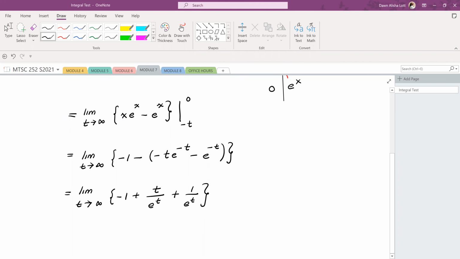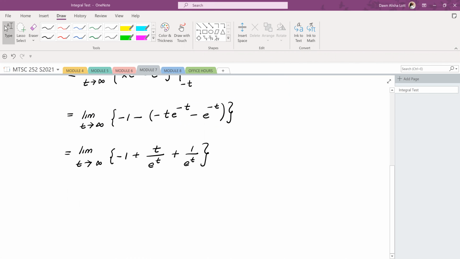Okay, so now I can already see very easily that this limit is just going to be minus 1, so that's okay. And I can easily see that this limit is going to be 0. So the only one I need to figure out is the middle term. And so now that one is the limit as t approaches infinity of t over e to the t. And that is infinity over infinity. So therefore, I'm going to use L'Hopital's rule on this,